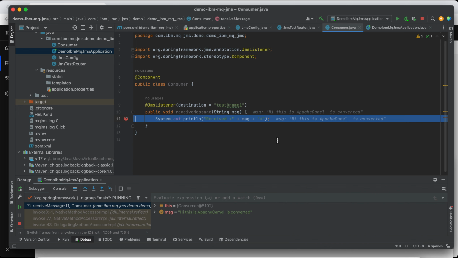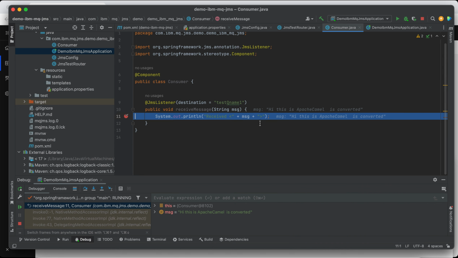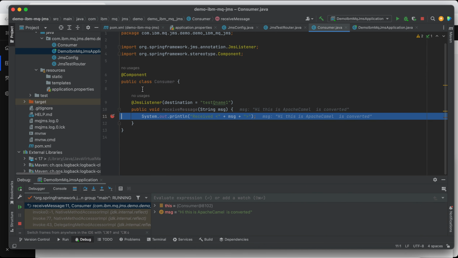Alright, so I think you learned a new interesting topic again. This one is Apache Camel and IBM MQ integration technologies. We use them in a Spring Boot application. This is a very simple demo for these two integration technologies. I hope this is a good start for you to further learn more integration technologies.